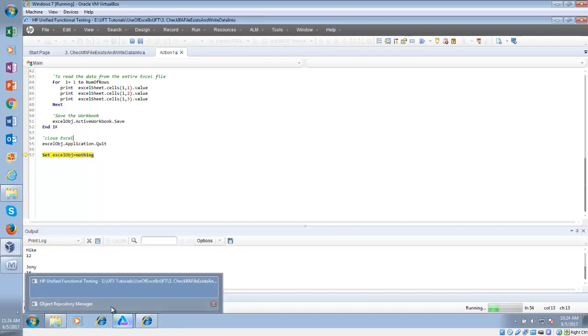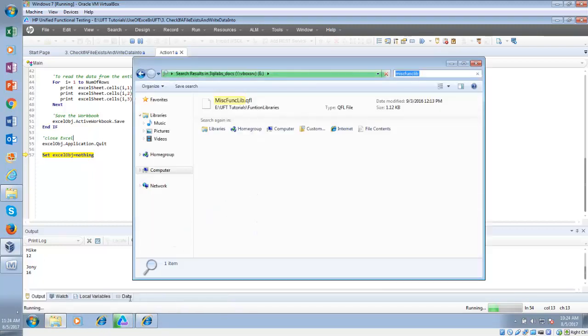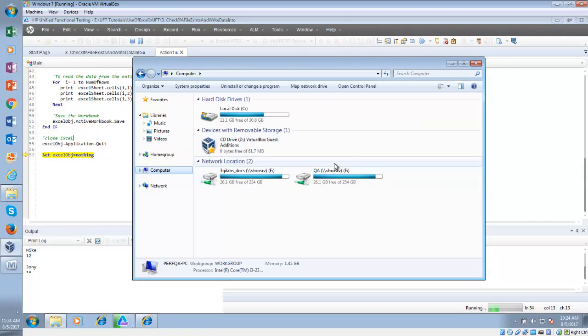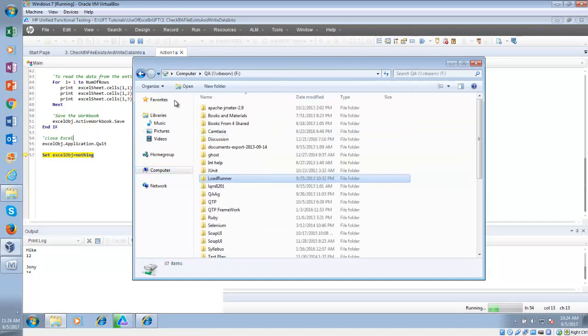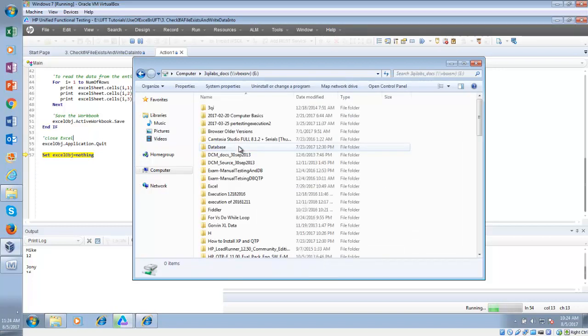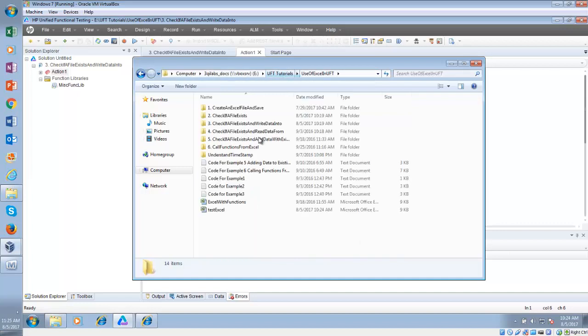How do you do that? Yeah, I'll give you more information on it, but before that let me do something. Let me delete this file. So what is that path again? Let me upload this path. Okay. So let me delete this Excel,